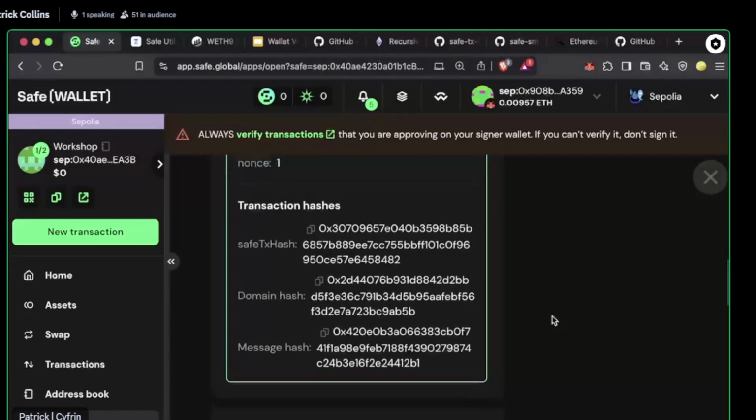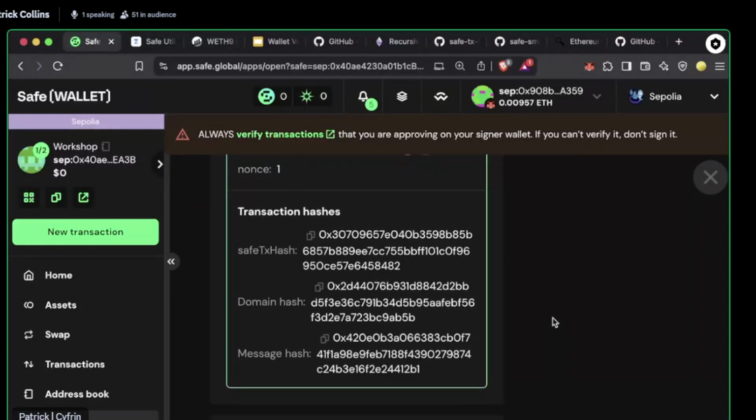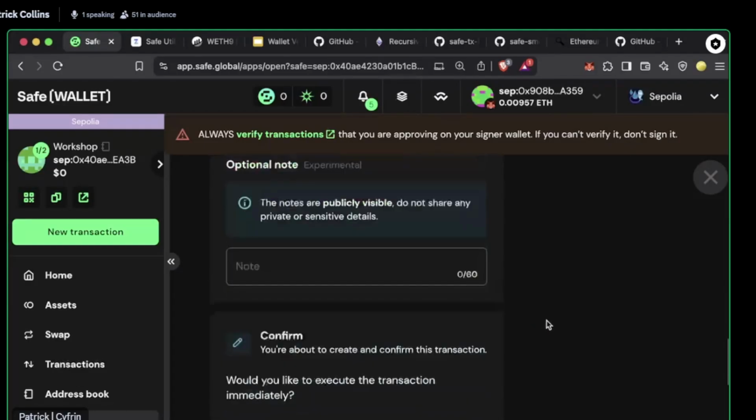Yeah, exactly. And then if your computer has copy-paste malware, you're screwed, right? This is another reason why it might be a good idea to have different devices. Anyways, I'll hit sign,